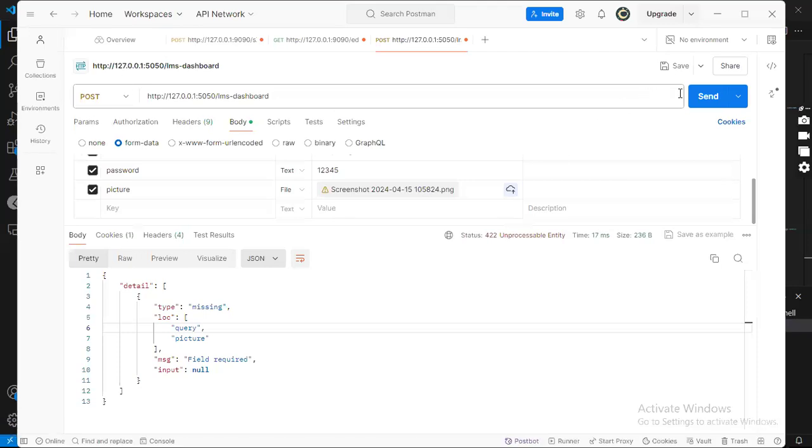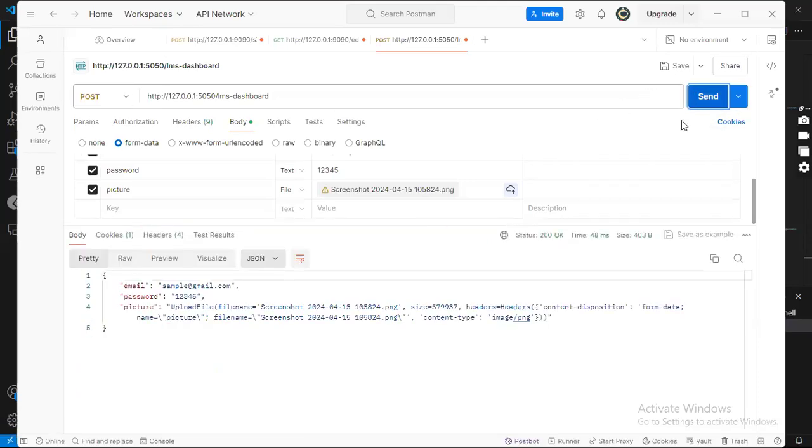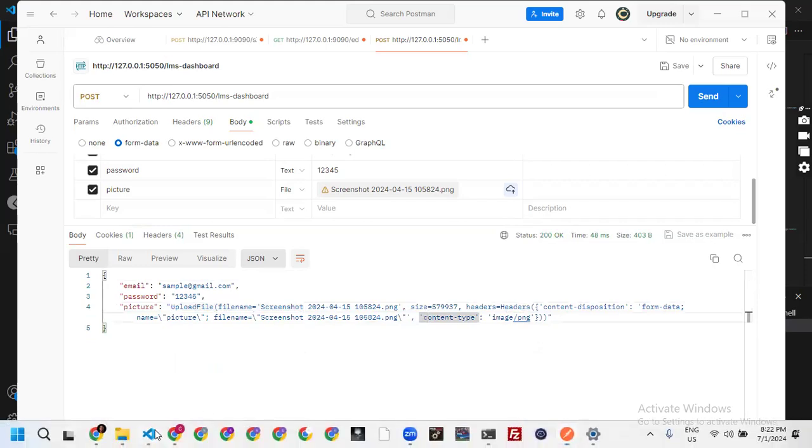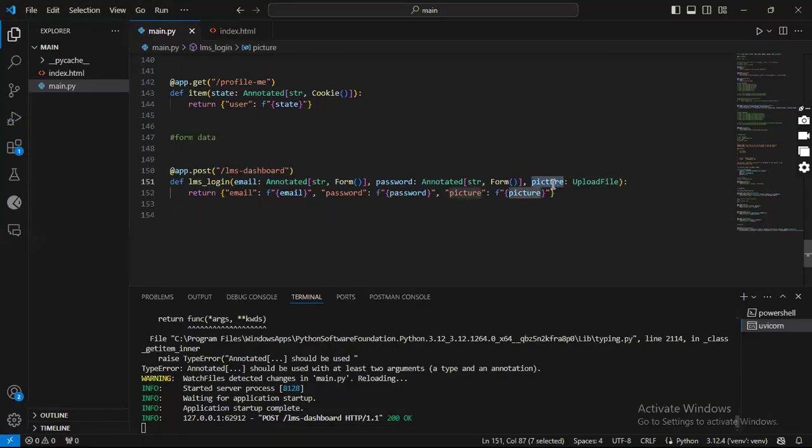All right, so let's put this again, one more trial. And that actually went through. But then you can see that it's sending a lot of information about the file, like the file name, the size, the header, and the rest of them. So basically what we could do, because this is a file, right? So in FastAPI we have some